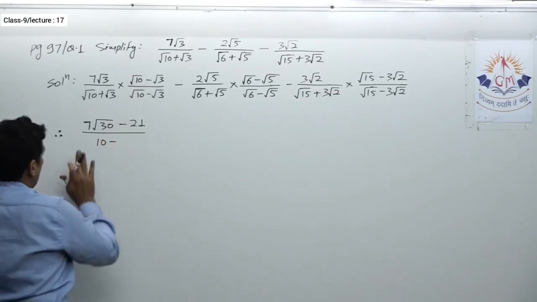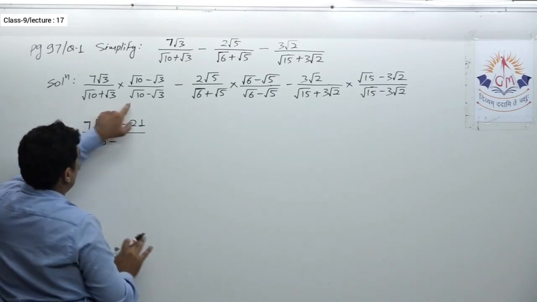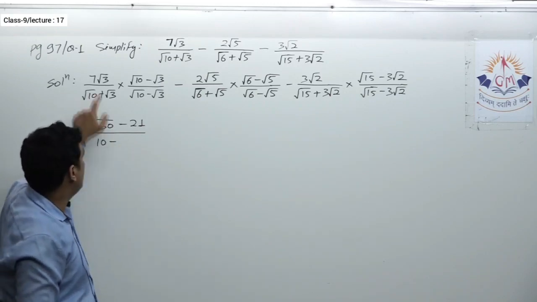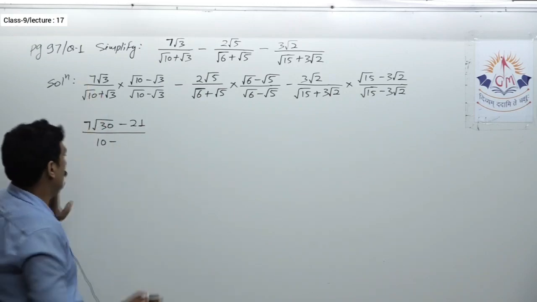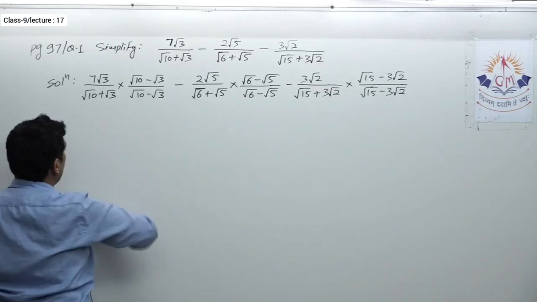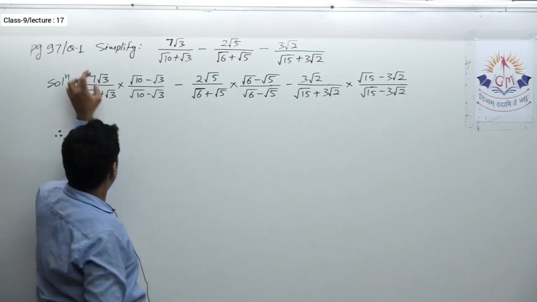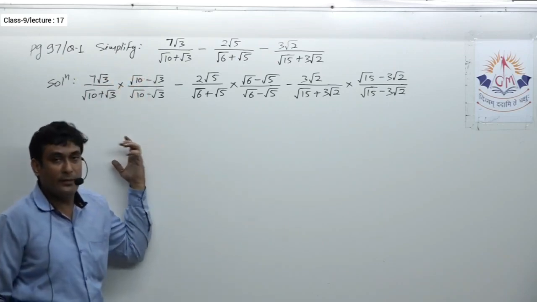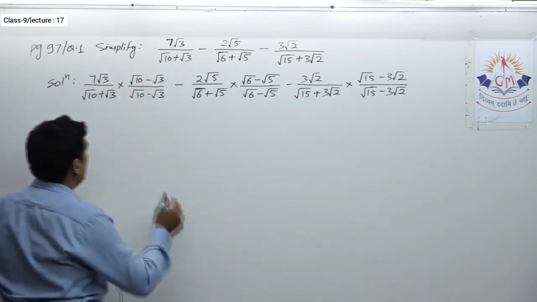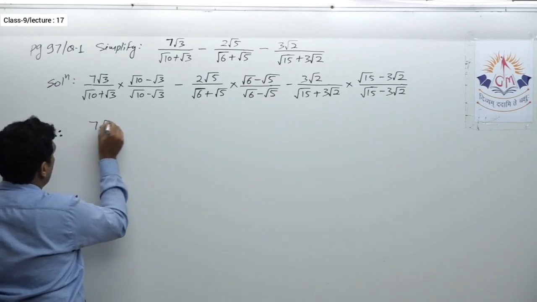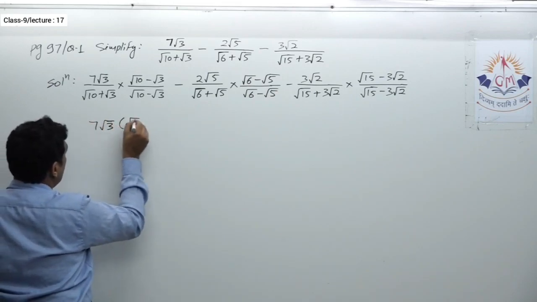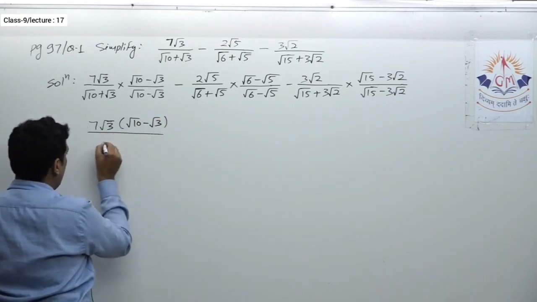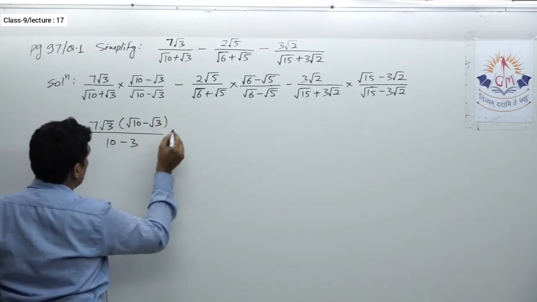Okay, I'm changing one thing. See here, after applying this identity in the denominator, I'm going to get 7, and that 7 I can cancel with this directly. So every time we have to keep this in mind: if there is a monomial, we won't multiply it, we'll see whether it is divisible by the denominator or not. So here I am keeping it as it is, and in the denominator I'll apply a square minus b square, that is 10 minus 3.